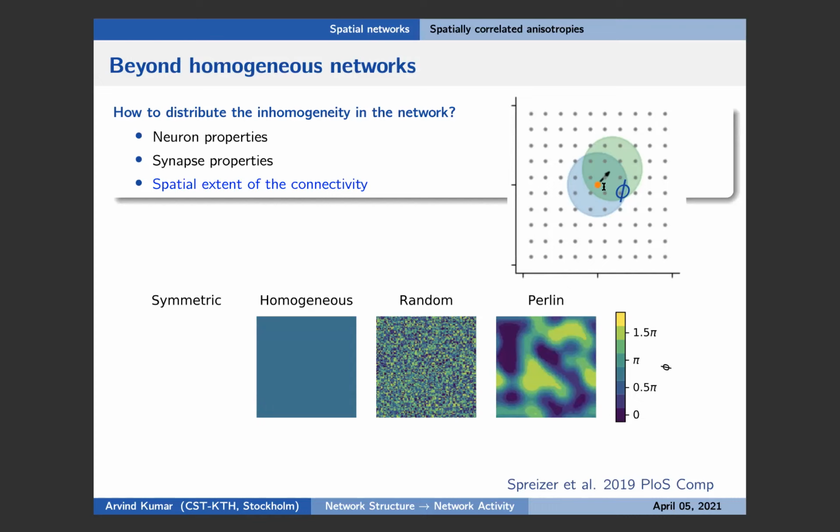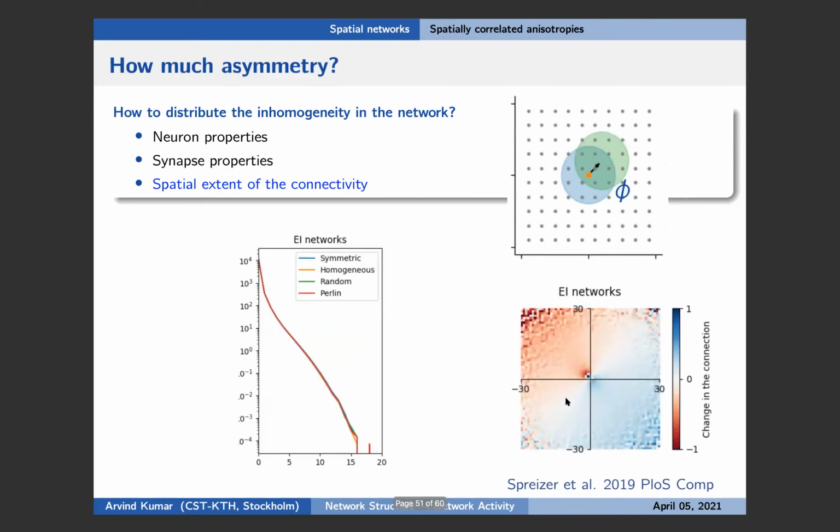We faced a problem here: how do you distribute this preferred angle for each neuron? In one limiting case, all the neurons could be projecting in the same direction. In another case, they could all be random. And in between, one can imagine that neighboring neurons tend to project in a similar direction. The amount of change that we bring in the connectivity by creating this preference is not so much. It's only changing by 1 or 2% at best.